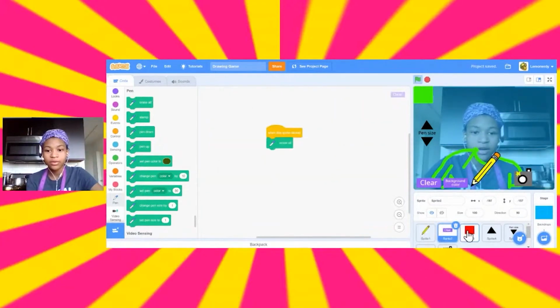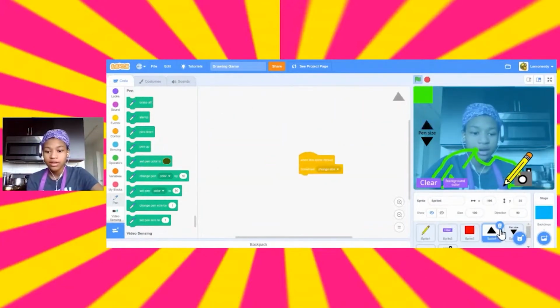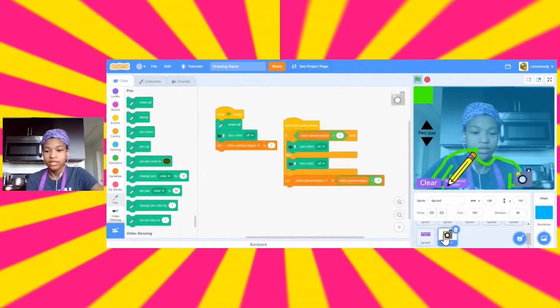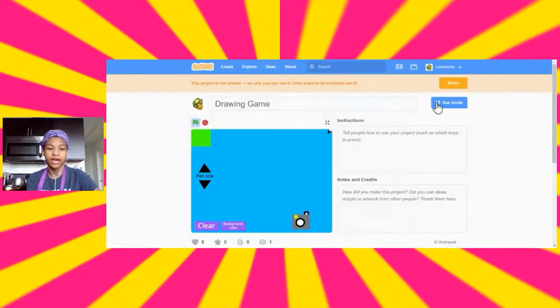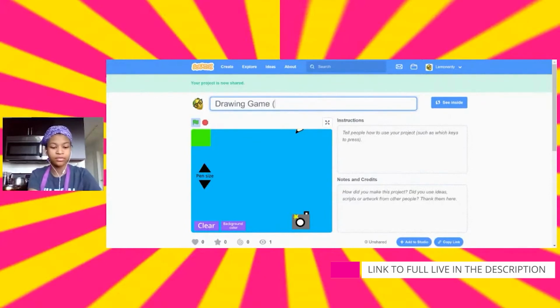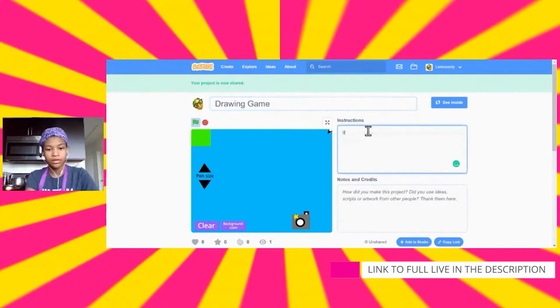and if you want to duplicate this later or work on it later, then I will post this on my Lemonerdy Scratch account so that you can see it whenever you want to. And if you want to see it, then just press the see inside button and you can see it. So I'm going to post this. And then I'll just say, if you want to see the